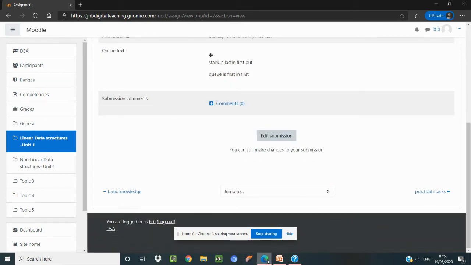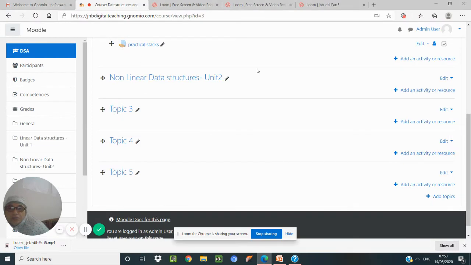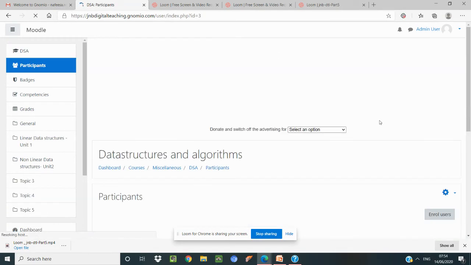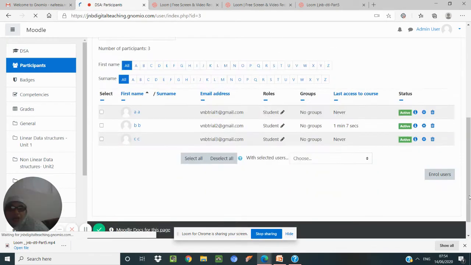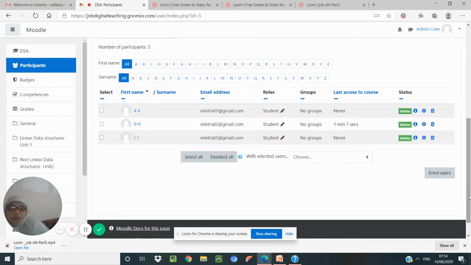Now when you see the user thing, in this you can identify what is the status, how many of them have submitted. Okay, you can check. This was the student, so he has submitted the assignment.